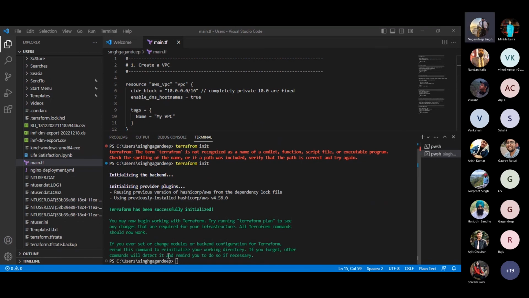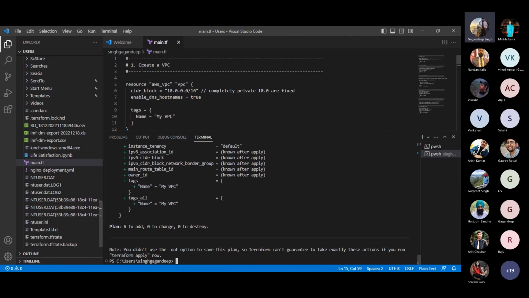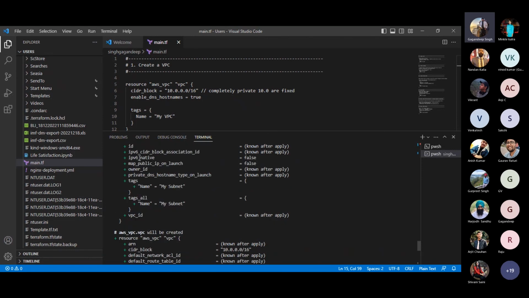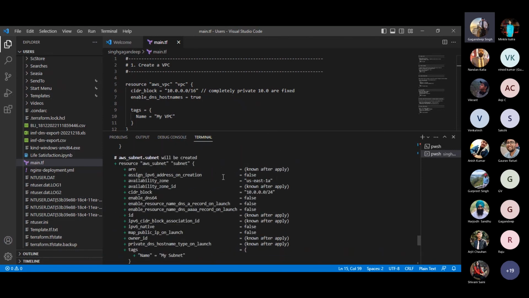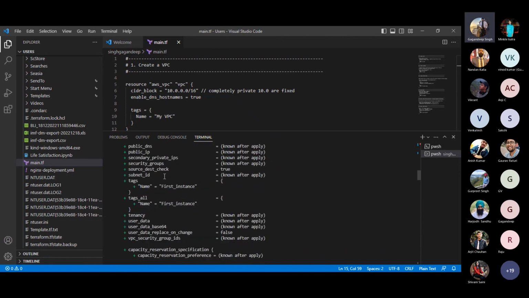Now we will run our next command, that is terraform plan. Terraform plan allows us to view what we wanted to create as per our file. As you can see, there are a few things over here. You can check this in terraform plan.